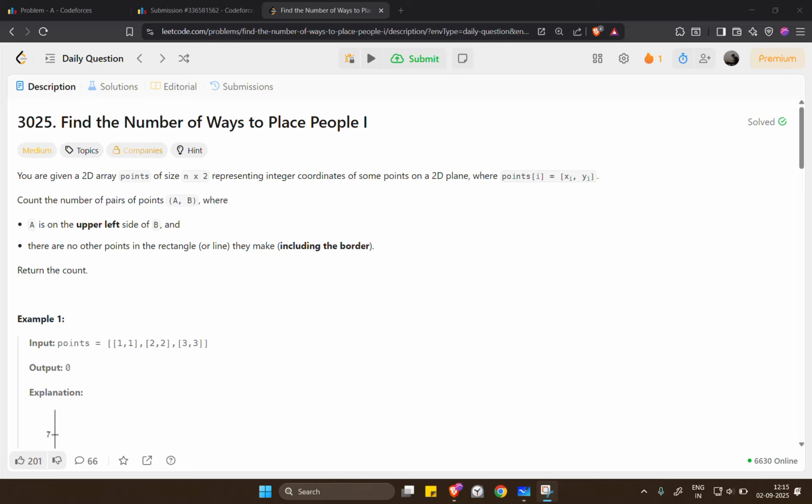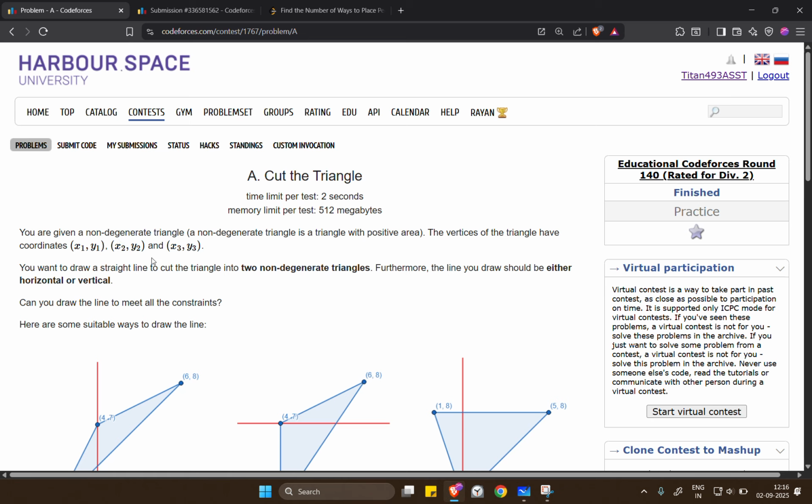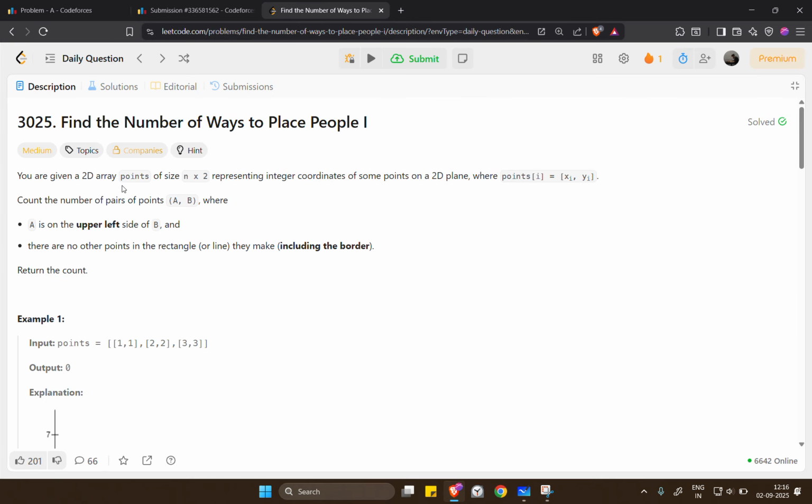Hello everyone, welcome back. So today we will be looking at this LeetCode daily problem and one more Codeforces problem which use the same trick. I don't know if saying that technique as a trick is appropriate or not, but let's see how it goes. So here's the problem. I recommend you to solve it on your own. Okay, try it on your own, and if you are unable to do so, here's the solution and the trick